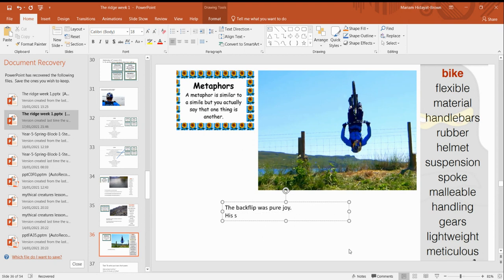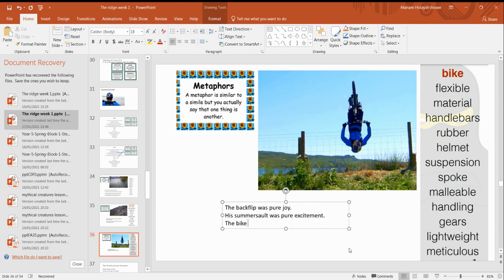His somersault, or his somersault. Oops, isn't that wrong? His somersault was what would it be? His somersault was pure joy. Was pure excitement.